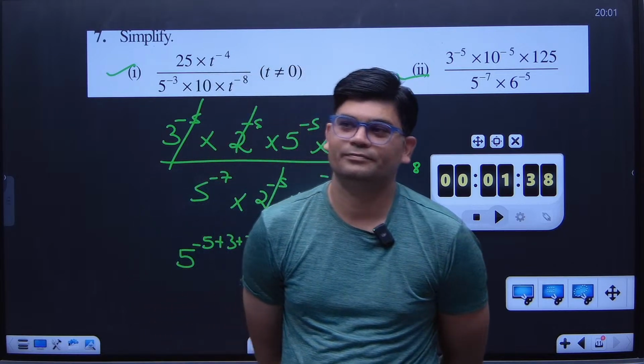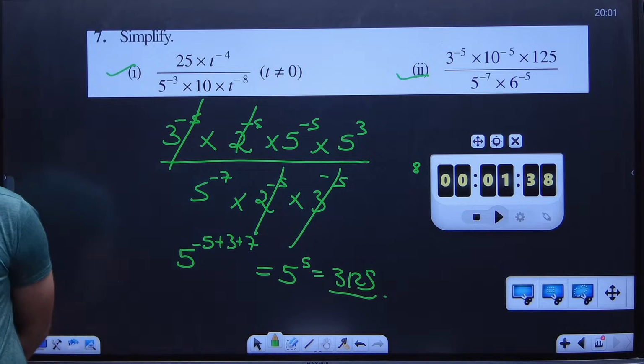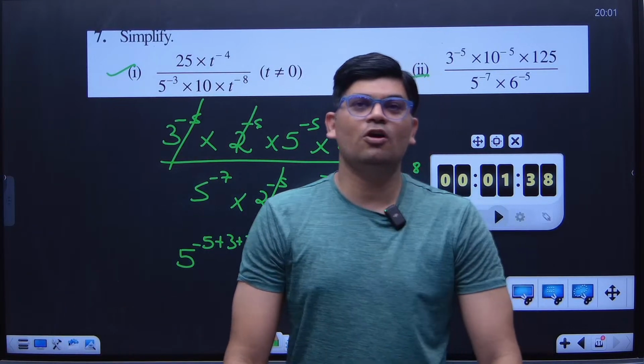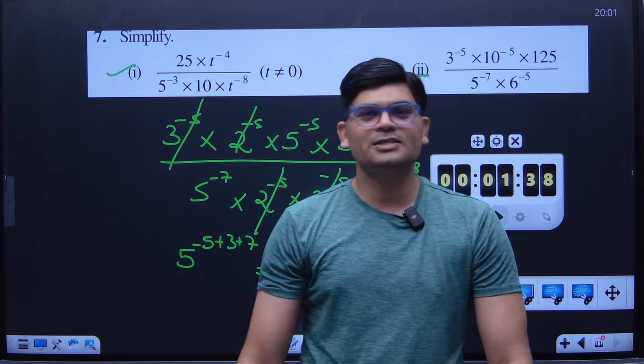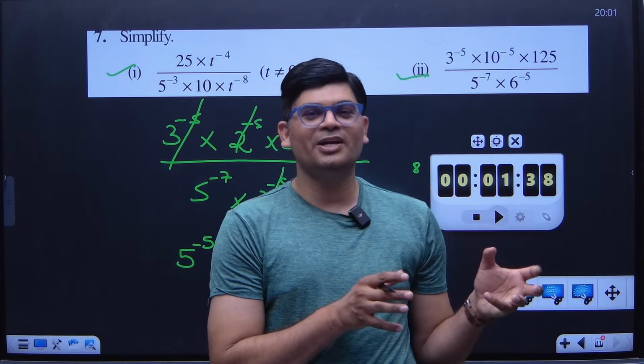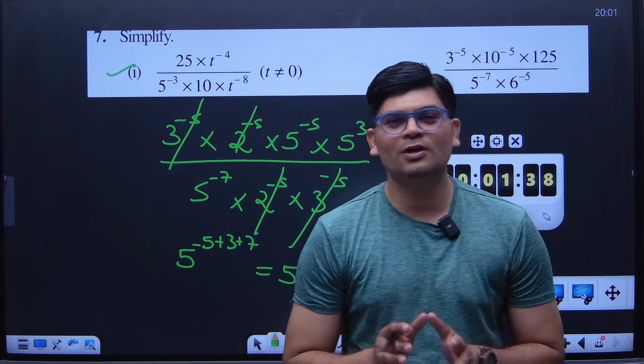So done? Any doubt? No, sir. Okay. So with this, I would like to end this chapter, that is law of exponents. In this chapter, you have learned how to break down a composite number into its prime factors. At most, you have to look for two things.